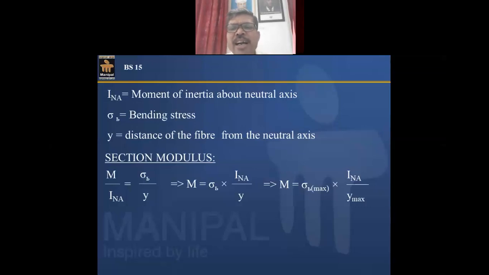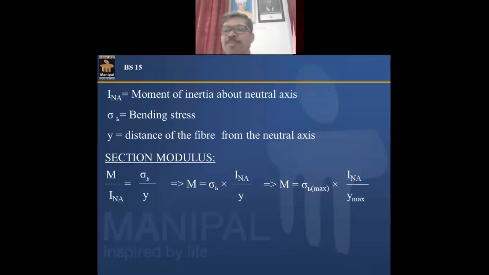So if I require maximum bending moment, then I take the neutral axis, and if I am taking y max, it means the farthest distance. If this is the beam, consider this mobile as a beam. So this is the farthest layer at the top, and at the bottom compression. This is the neutral axis at the center, or approximately at the center. Then as it is a rectangular section, it must be exactly at the center. So you will get maximum stresses at the top and at the bottom.